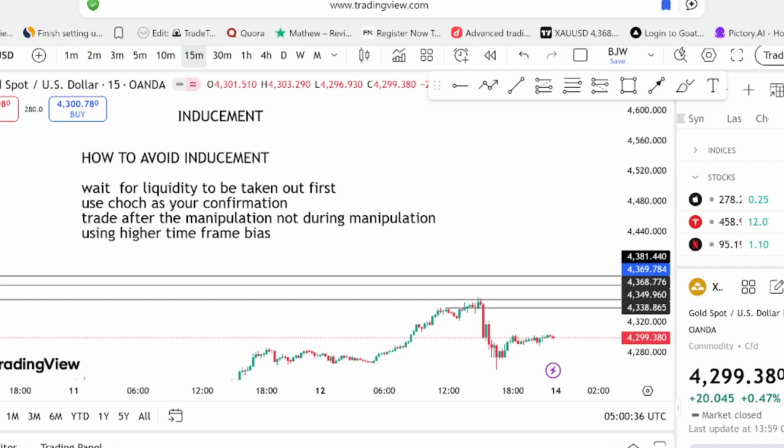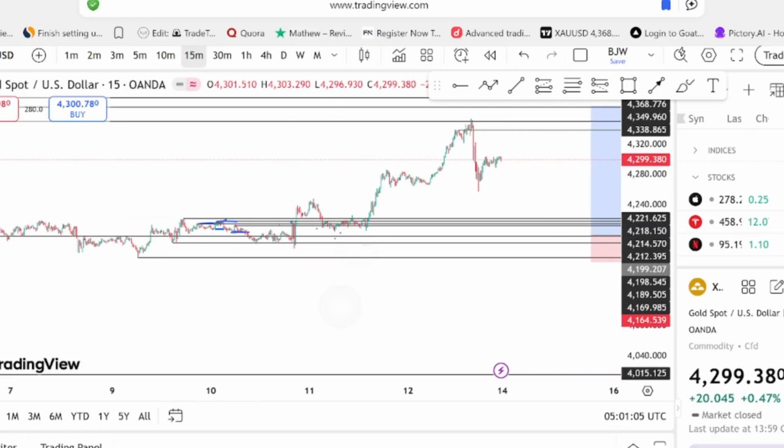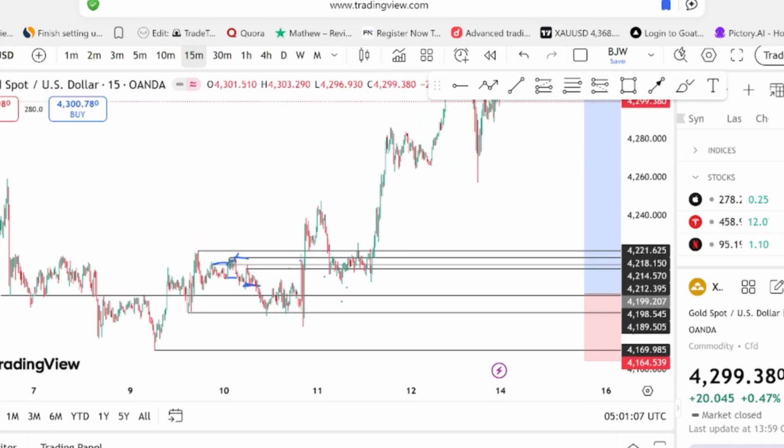Now, the higher time frame has been bullish, but then I saw my sell setup in a bullish trend. Now if you see yourself with a setup in a bullish trend, be it whatever pair, all you want to do is wait for liquidity to be taken out first. If the setup holds and gives you that sell confirmation, then you can enter the market, right? So that is how this works out. And guys, this can apply to whatever pair, and you can try it out. You can go ahead and check it out and see what's going to happen. And that's going to be it for this particular topic on